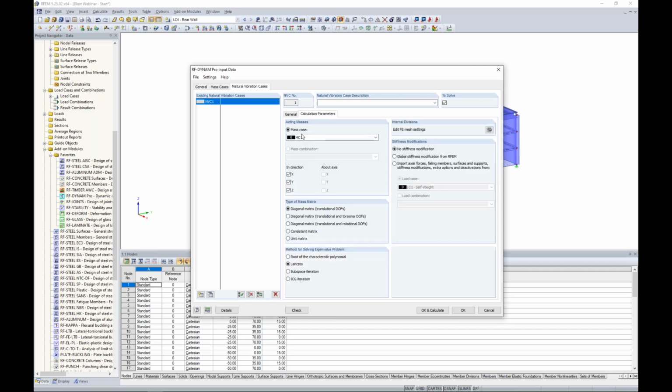Under this dropdown, we want to select either our mass case or our mass combination of our acting masses that we want to consider for the natural vibration analysis. Now in our case today, we only have one mass case, so that's what's available. As far as the directions, or about which axes this mass is acting, this is somewhat dependent on the type of mass matrix. You'll notice with the diagonal matrix, translational degrees of freedom, some of these options above are grayed out, but as we scroll through these, translational and torsional degrees of freedom, rotational, we have different options available to us. So we'll be moving forward with the diagonal matrix, translational degrees of freedom for today, as well as